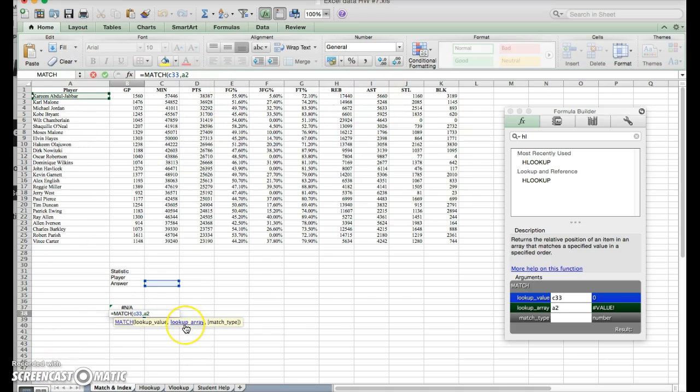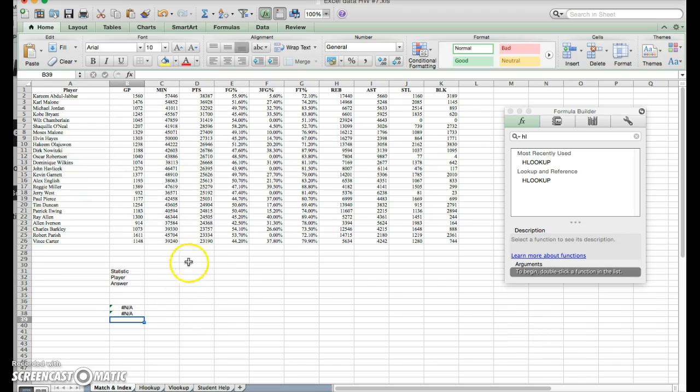We just do all the player names, and again do 0, so you get the exact number. So now, if I want to see Kobe Bryant or